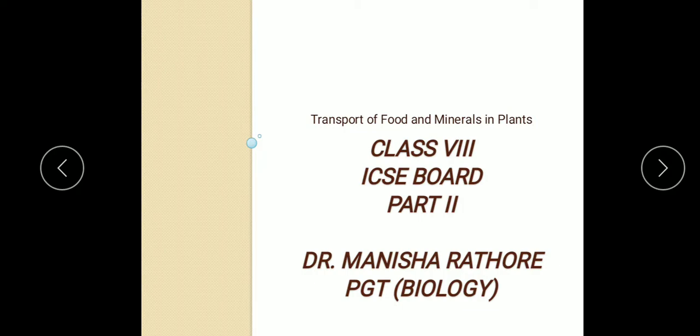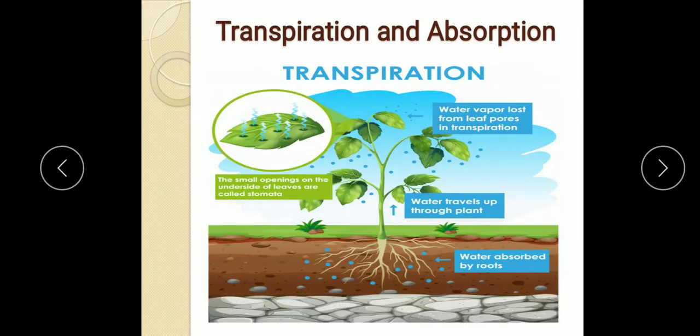Now in this part we will study further the transpiration, factors affecting transpiration, translocation of food from the leaves, and minerals and their types. So, open your book, open page number 9, and we'll start our next part of the chapter. Underline the key terms as I guided you last time also. So, we will revise some of the portion of transpiration and absorption.